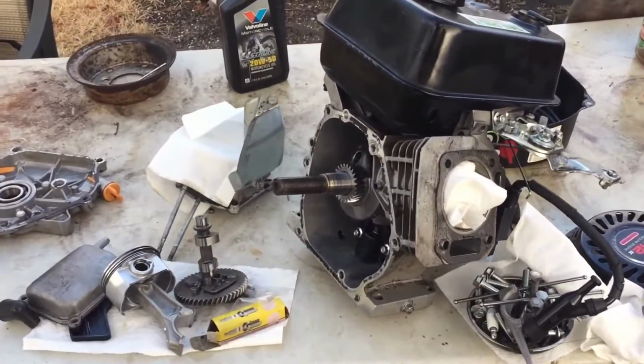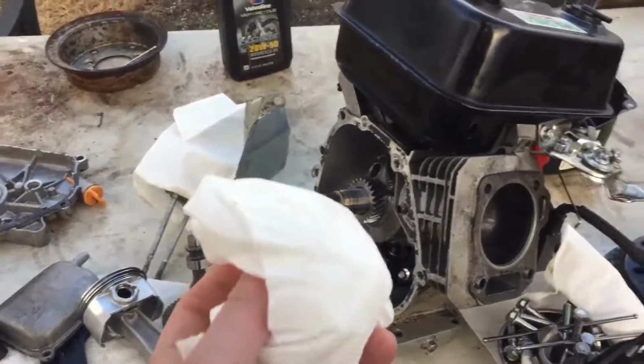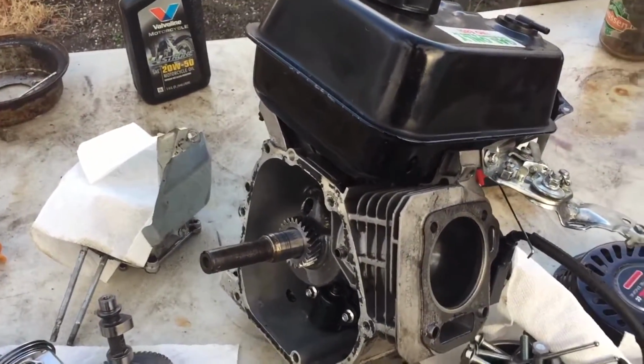So if you saw part 1, which I uploaded yesterday, I took apart everything. And now today what I'm just going to do is wipe down all the grease out of all the parts, drain the gas, and then pretty much put the whole thing back together and hope that it